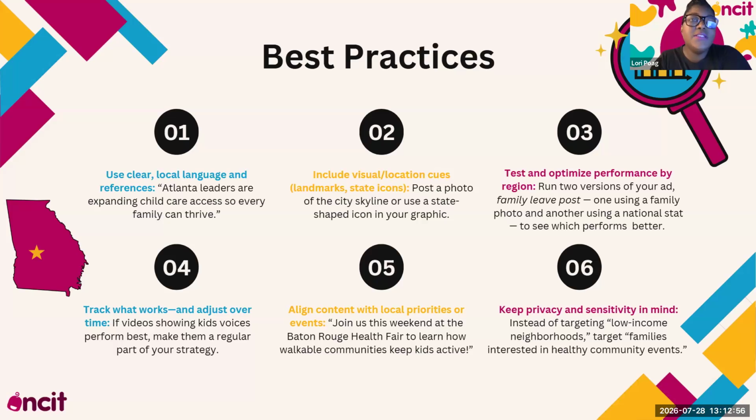So you want to be intentional and include, if there's a picture of the Capitol building for your state, that you want to put on a graphic that you might be using in geotargeting to talk about some advocacy efforts, or if there is a march that they're doing that day, you want to be sure to include those items, because we are very much visual and we identify with landmarks and buildings and different backgrounds that we are familiar with. So that's important to use and to think about in your advertising and promotions and for your campaigns.